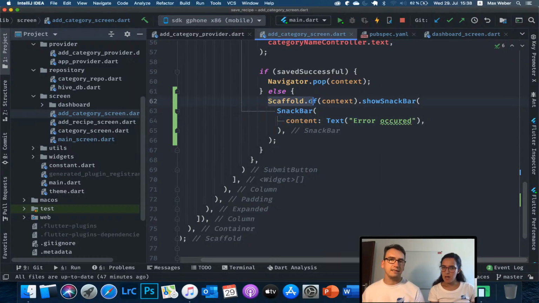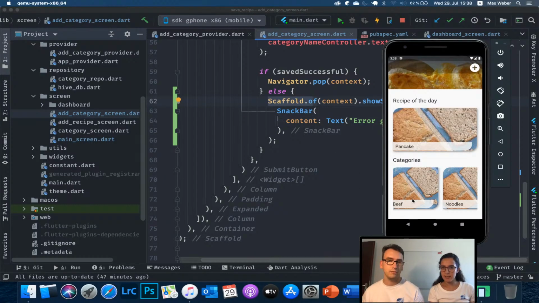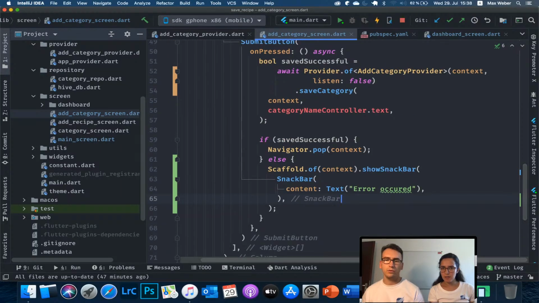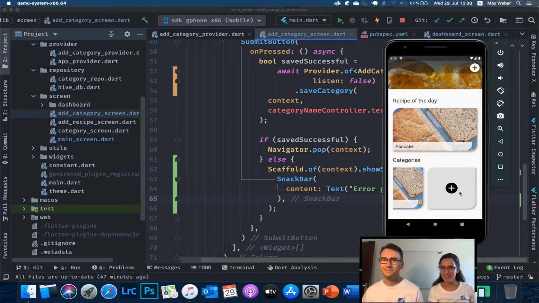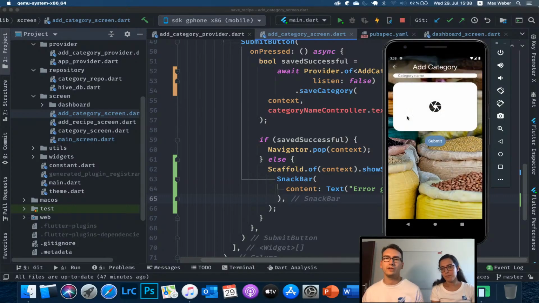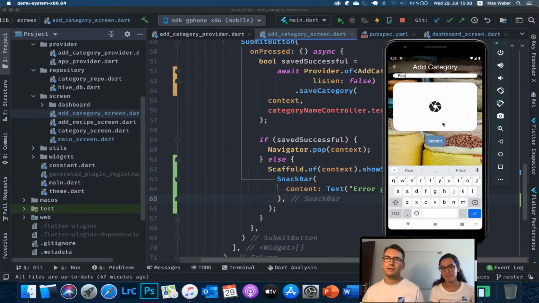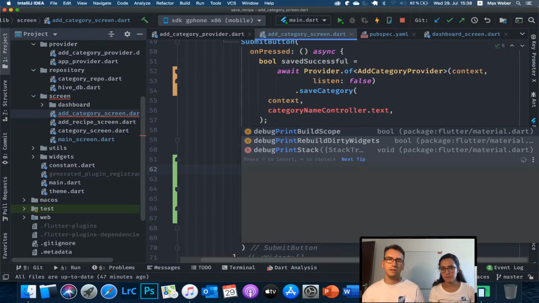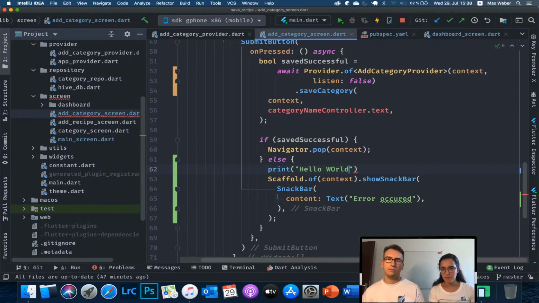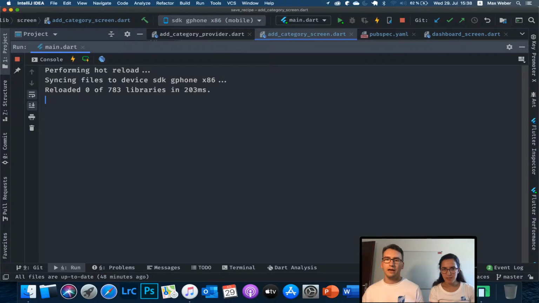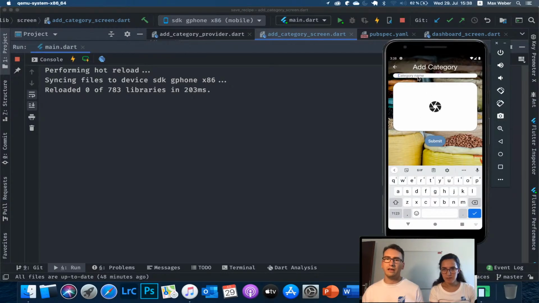And the reason is... Max, this is not with delete, this is with add. Oh yeah, you're right. And this just happens when we have the same name. If I add rice, for example, and say submit, which is a very ugly screen, I have to admit, we don't get any message, but we don't get navigated either. So we jump in here inside. I can prove that by a print. Hello world. Voila. Or what I usually do is lulu. And whenever I do the submit again on rice,